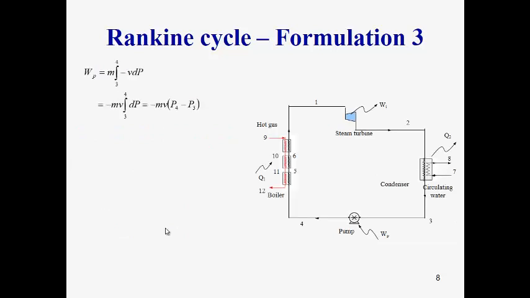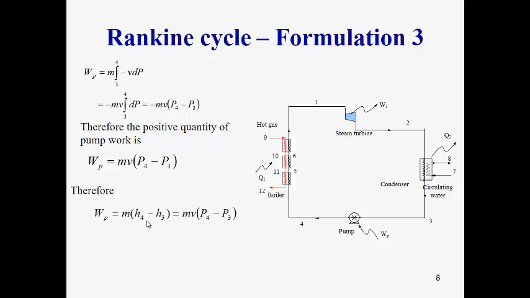For an open system or steady flow system, work can be calculated by minus m into integral of V dP. The process is 3 to 4. After the integration, assuming specific volume is constant, for water the density is mostly constant, approximately 1000 kg per meter cube, minus m v dP, where dP is integrated between 3 and 4, that is p4 minus p3. Therefore, the positive quantity of pump work is m v into p4 minus p3, since p4 is higher than p3.